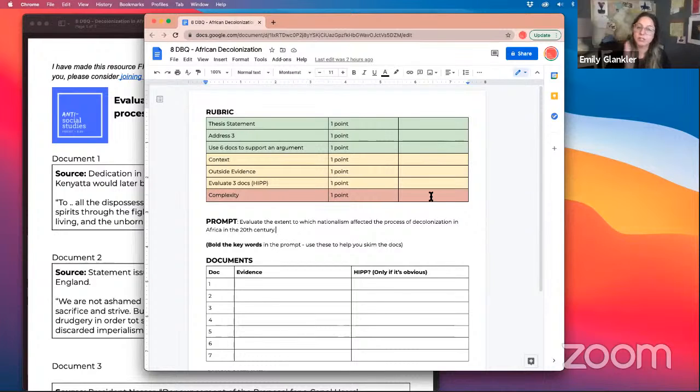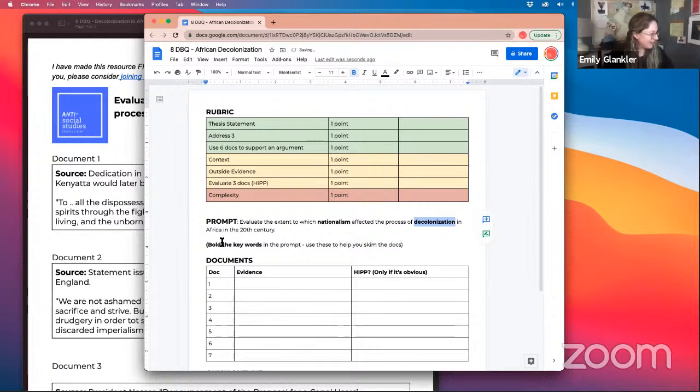What I always suggest that students do is identify the keywords of the prompt. You can think of these as the parameters or the rules. What are the specific things that they're forcing you to write about in this prompt? Another way to think of it is, if you were going to try to Google and find this prompt on the internet, what words would you Google? You wouldn't Google evaluate. There's going to be a million responses. So to me, the main ones are nationalism,